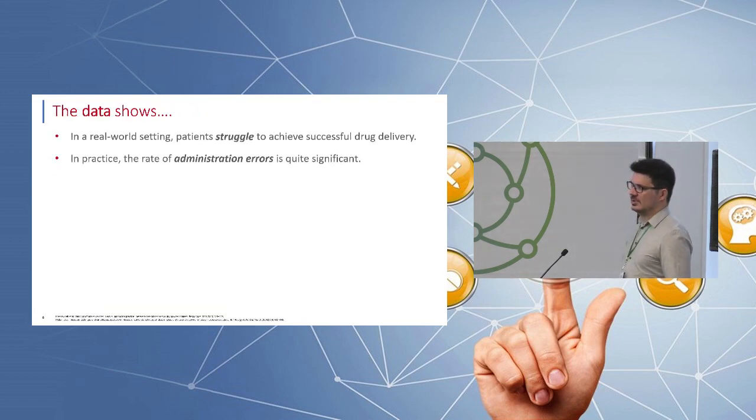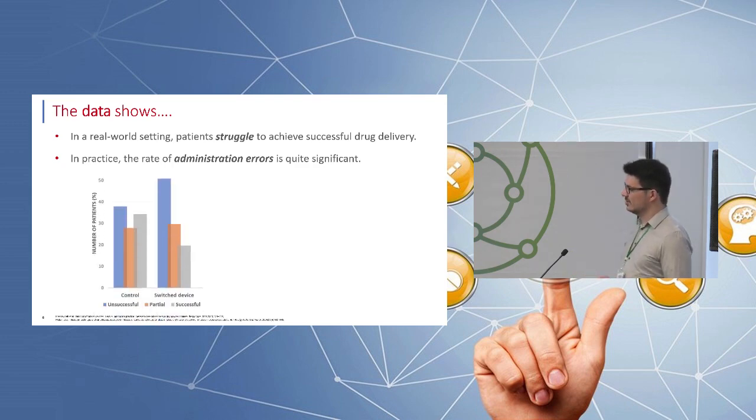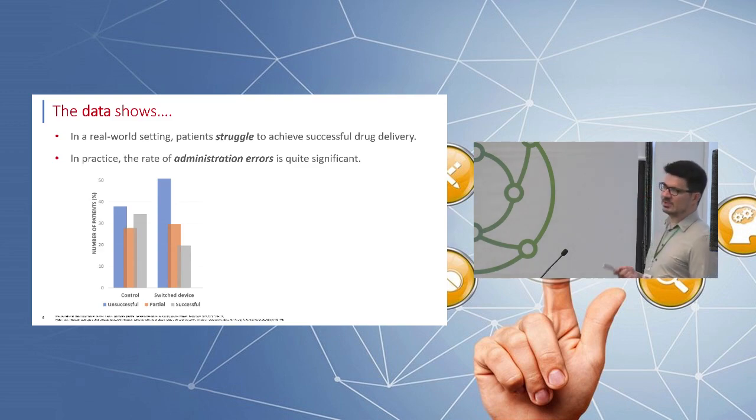So what can we see in the literature regarding the use of medical devices by patients? I'm just giving you two examples here. The first one, what the data shows is there's still a lot of errors that patients make when handling inhalation devices. So here you have one example in which, in control, the patient was using one type of inhaler and then they changed to another device. And you can see that